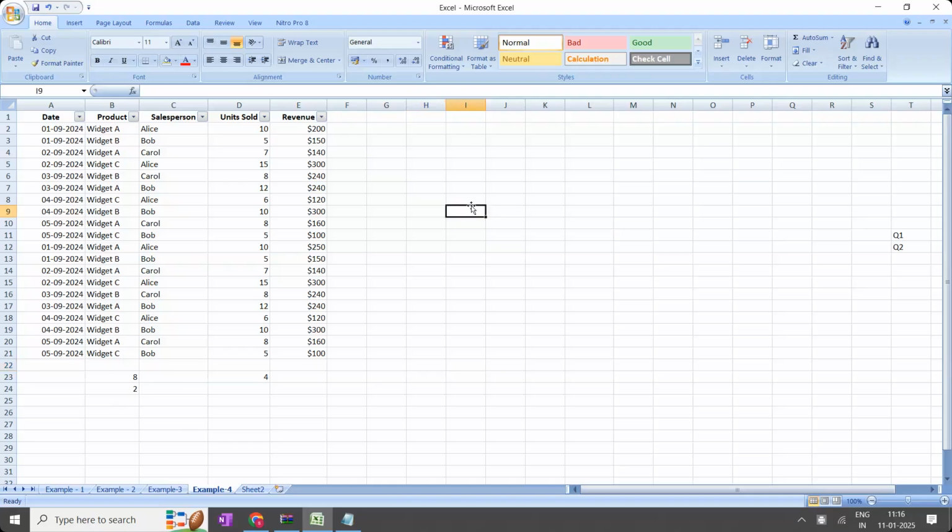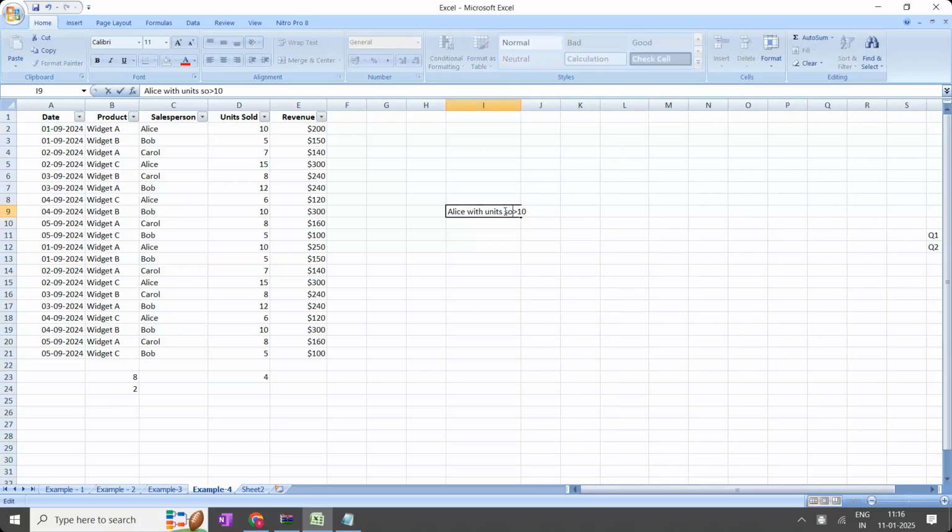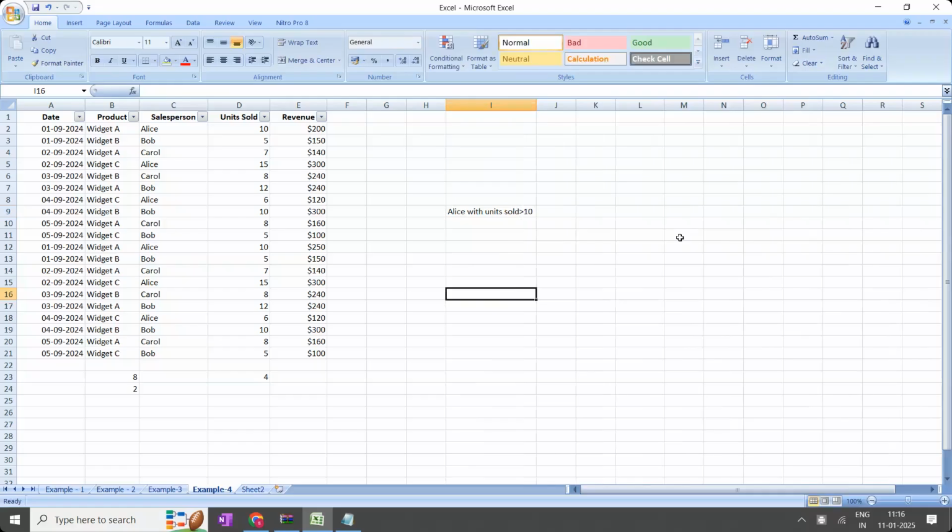Okay, here I'm writing my question because I keep forgetting it every time. I'll write clearly: Alice with units sold greater than 10. This is my requirement. How many times has Alice sold units more than 10? That is my requirement.